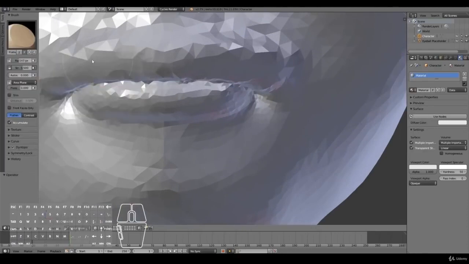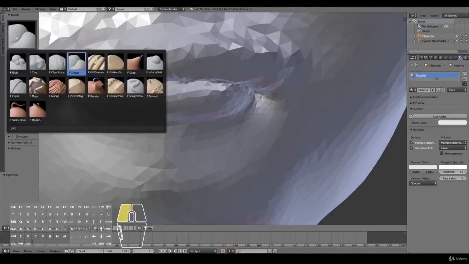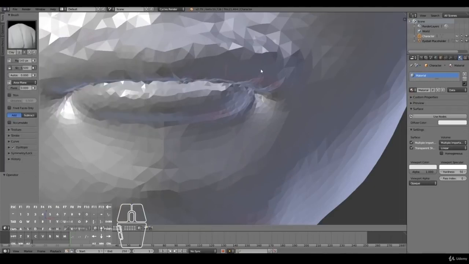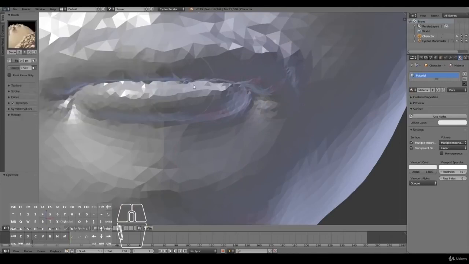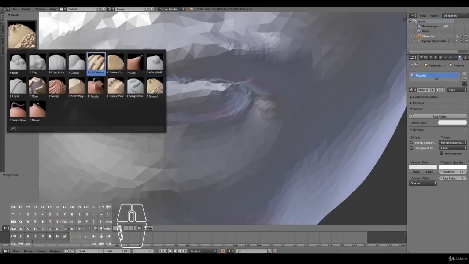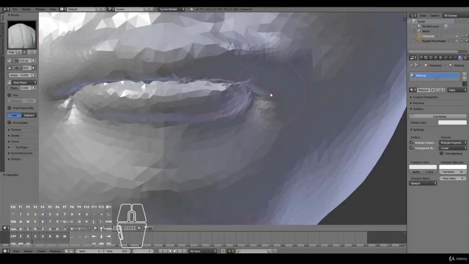Then I'm going to use a clay strips brush and just paint in, oops, not subtract. I'm going to add in the clay strips brush and just paint a little area over here. Maybe I might just smooth this part a little. And just painting, let's bring this down a bit. Just painting this kind of an area here,